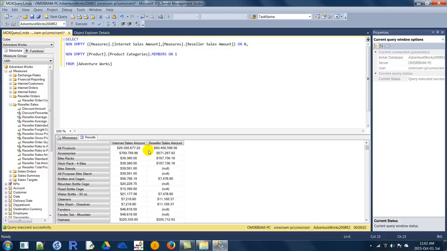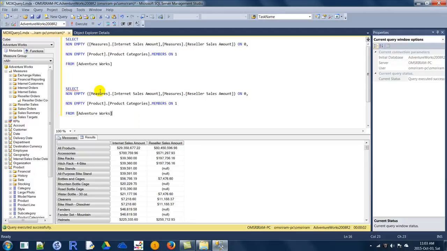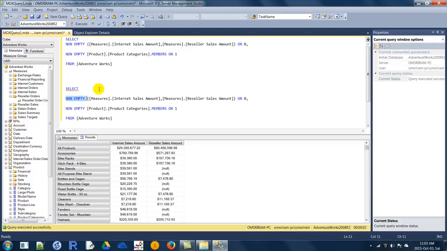One more good example I would like to show. We have seen the previous example, right? We cannot use two different hierarchies from the same dimension. So I will show you one good example on it. Let's use the same query, let's remove non-empty, and we'll navigate to date.